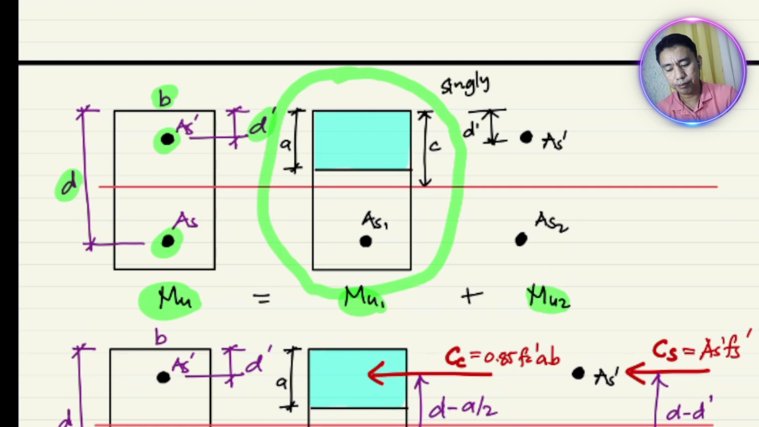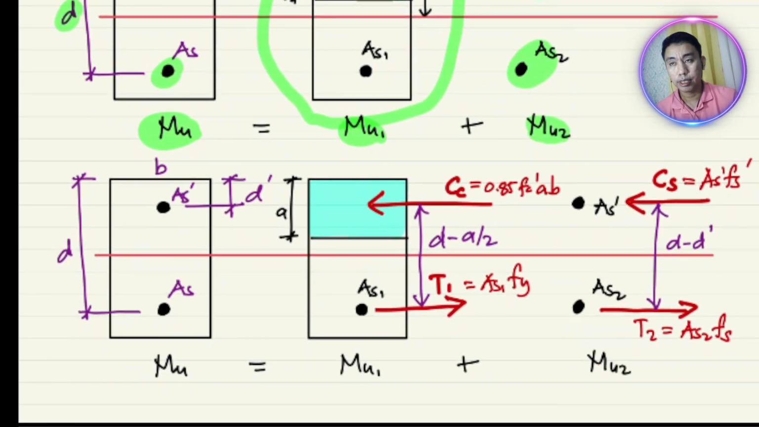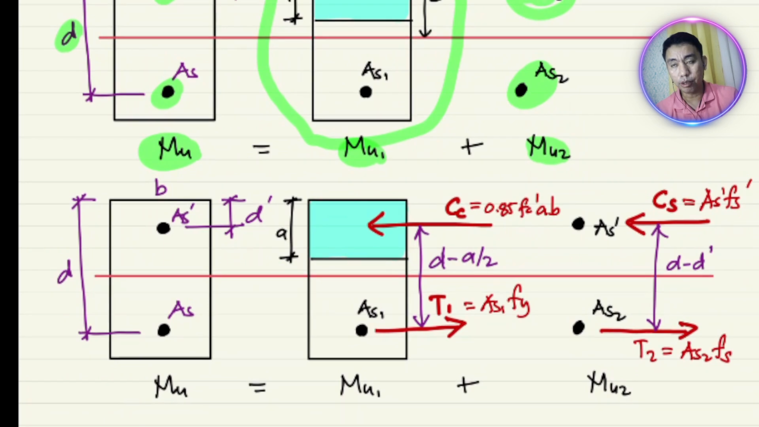So parang the same, ang analysis nito is parang singly reinforced din siya. May nadagdag lang na ito, pinalabas ko na lang sa section. At meron tayong As prime at saka As2. Okay? So, nag-add tayo ng compression steel sa taas, which is As prime, and then the tension steel sa baba na As2. Okay? So, in the analysis, yun, ganito pa rin siya,